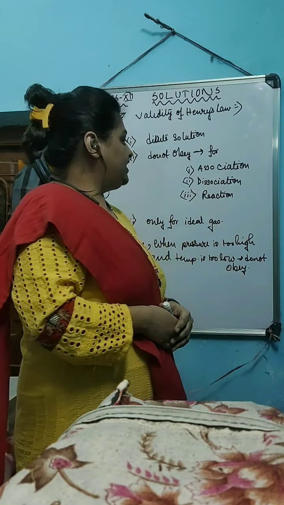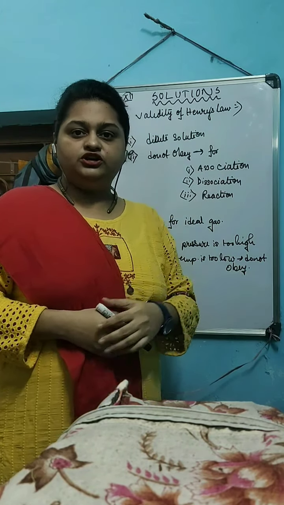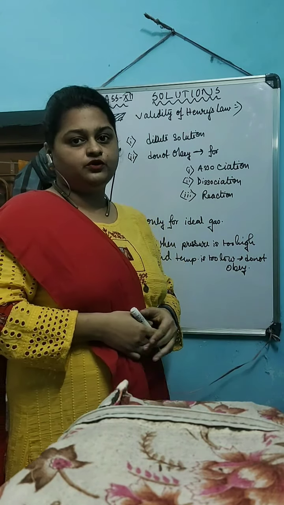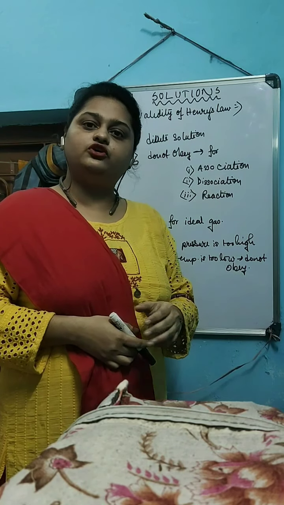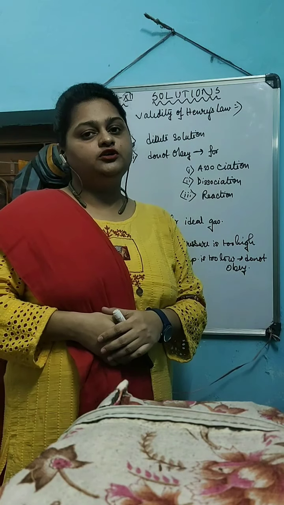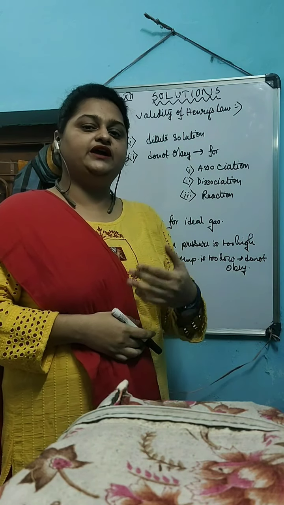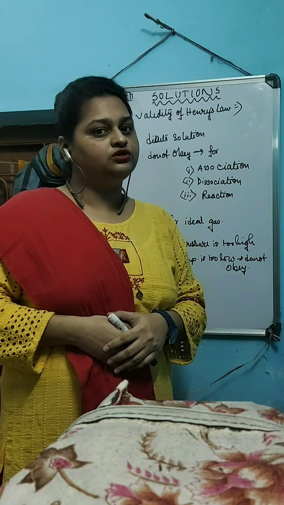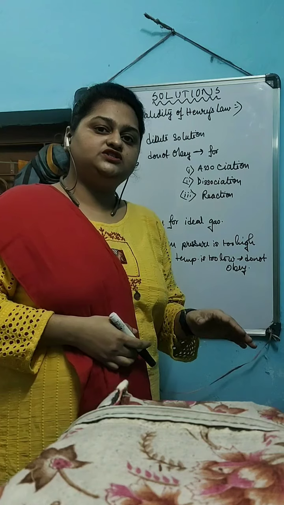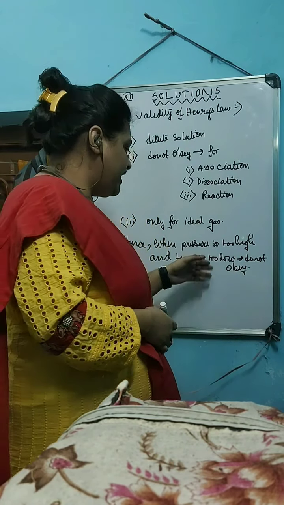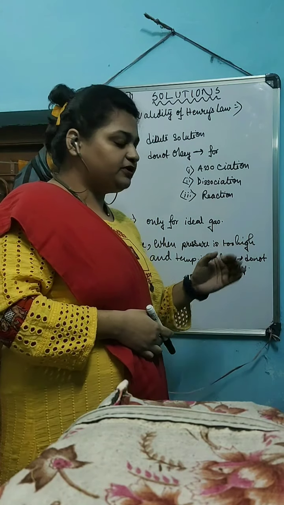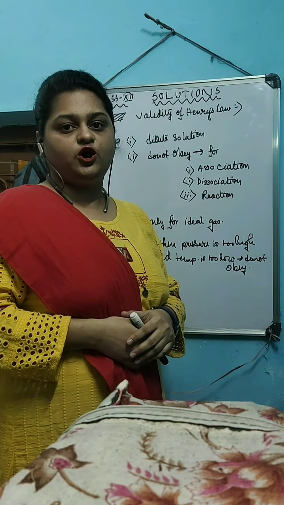There are others also. If a gas on dissolution associates, dissociates or undergoes a chemical reaction, for those kinds of dissolution processes Henry's law is not valid. On the other hand, if a gas does not behave ideally, then we cannot apply Henry's law for those either, meaning when the pressure is too high or the temperature is too low, when the gas is behaving as a real gas, at those times we cannot apply Henry's law.